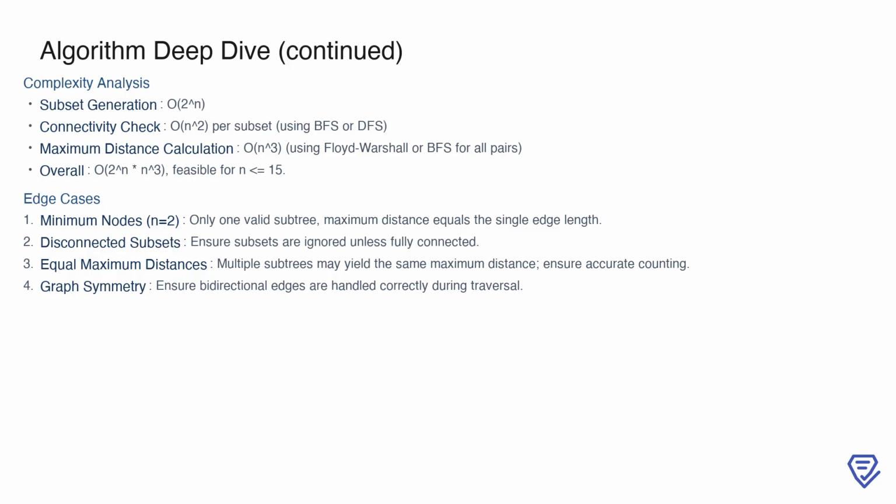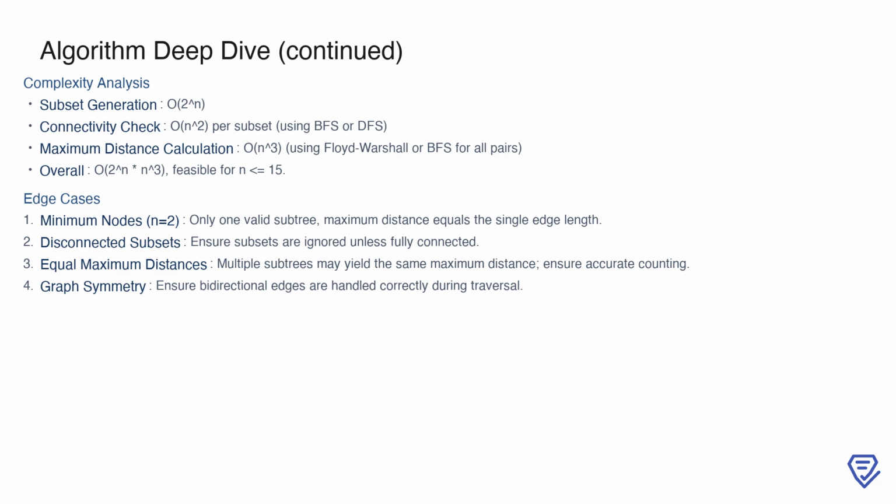There are a few edge cases to handle carefully. For the minimum case of n equals 2, there's only one valid subtree, and the maximum distance equals the single edge length. Subsets that aren't fully connected should be ignored, and it's important to count subtrees accurately when multiple subtrees share the same maximum distance. Lastly, since the graph is symmetric with bidirectional edges, ensuring correct handling of edge symmetry is crucial for both traversal